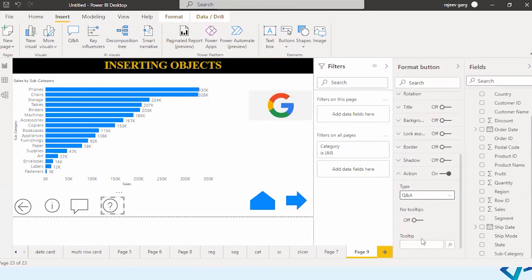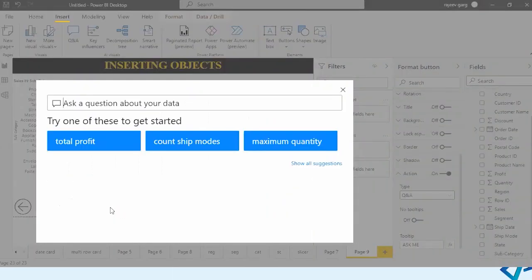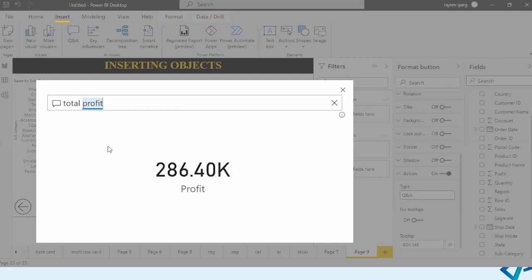And for the tooltip, I can say, ask me. And let me click on this. So we have assigned a Q&A action to this particular button. Ask me. Total profit. Here it is.